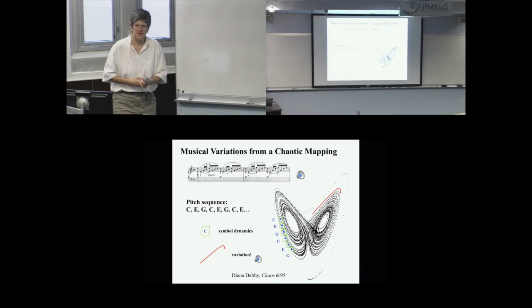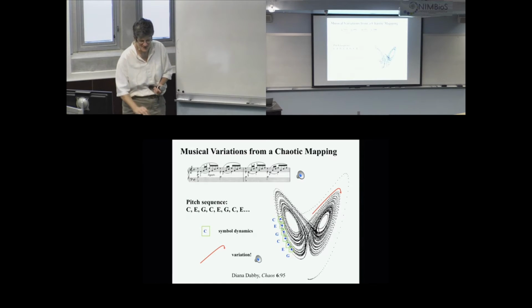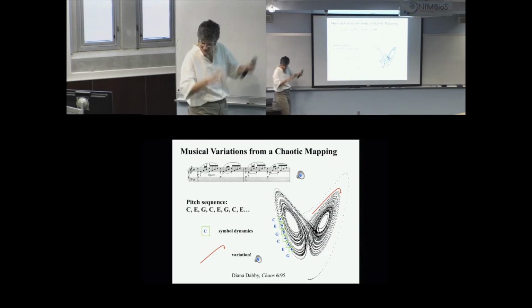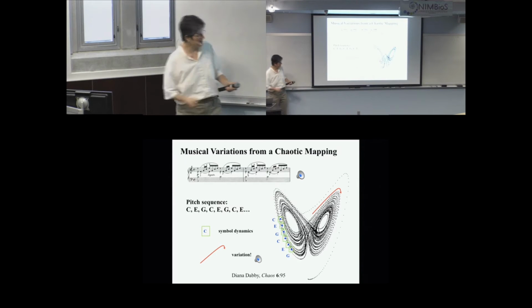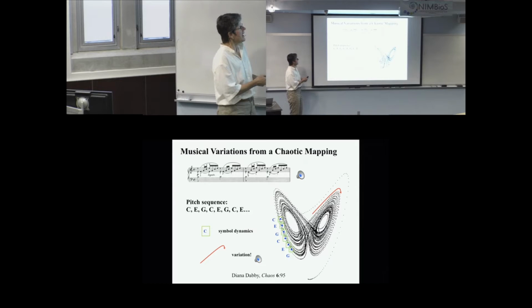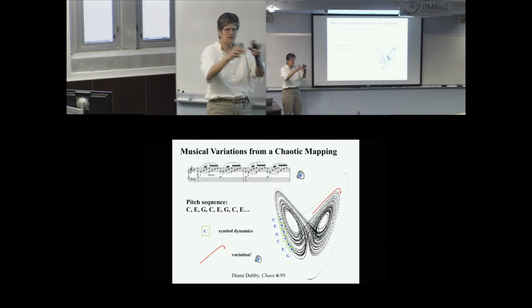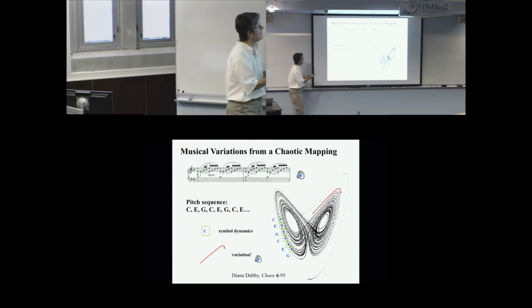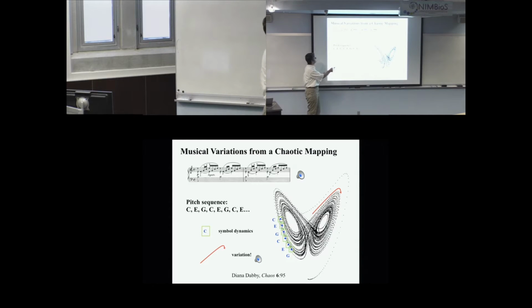And this paper came with a cassette tape. Okay? And here's the idea, which is just fabulous. This is Diana's work, and it's just wonderful. So imagine, and this is going to go back to structure and sensitivity and so on, take a musical piece and think of it as a sequence of symbols. Okay? C-E-G, C-E-G for that one.